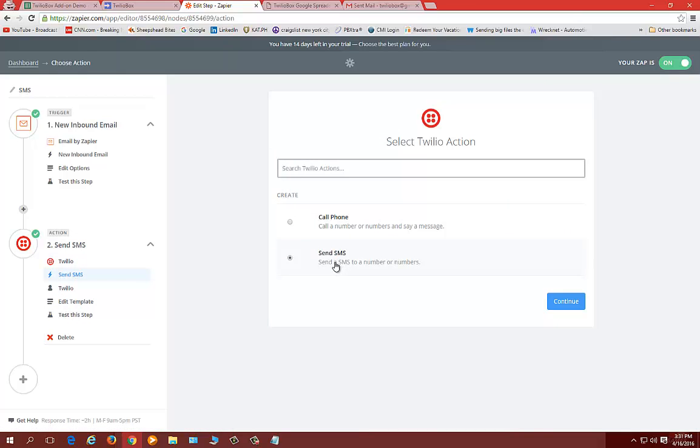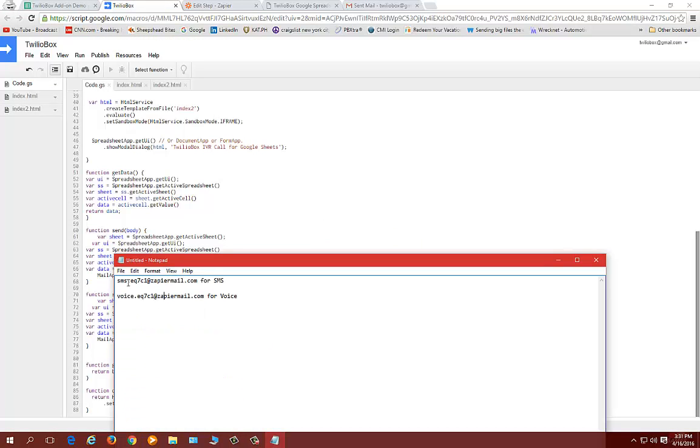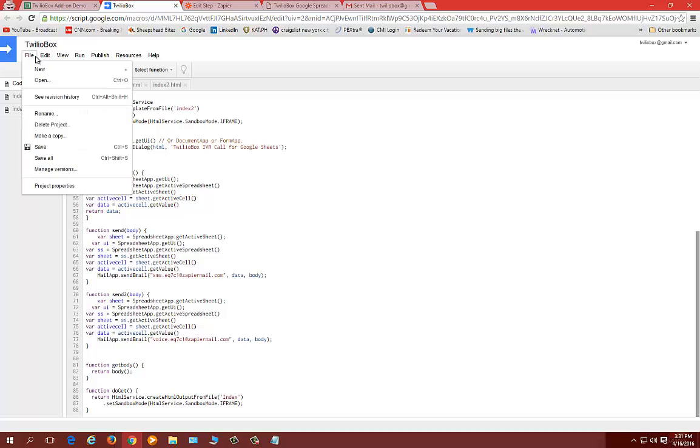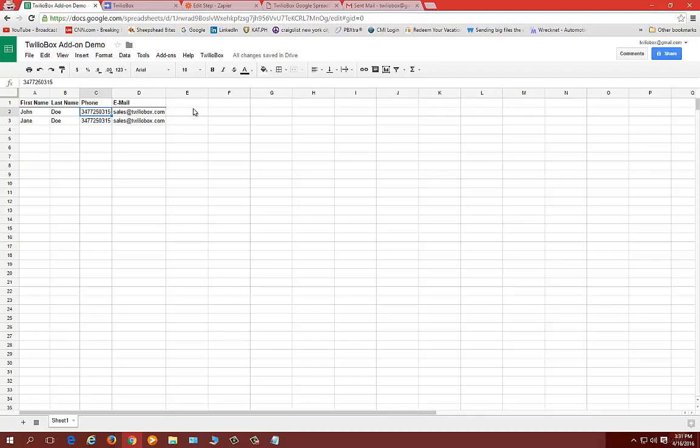Our second connector is going to be a call phone and say message connector. So we need those two connectors. These are very, very important in order for this to work. Once you have your two email addresses, I already created a connector for SMS and one for voice. I just simply change them where I need to put them. So the first one will go into the first send function, and the second send function is for voice. And once that's done, we just click the little save button, update our code,